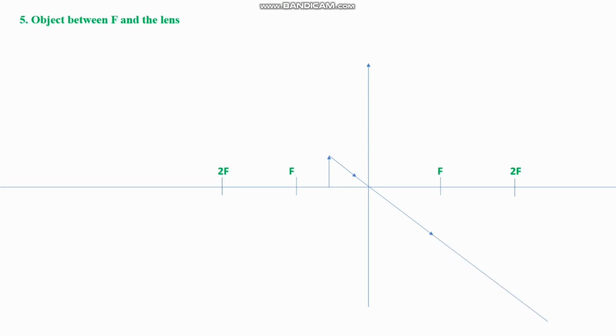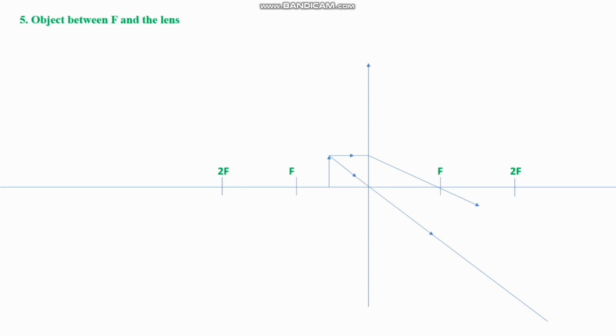As you can see, it passes undeviated, it's not refracted. The next ray is the one that is parallel to the principal axis. As we said, it is refracted and passes through the principal focus. So the image, as you can see, these rays have diverged at this point, meaning there is no possibility that the image is going to be formed on this side. So what will we do